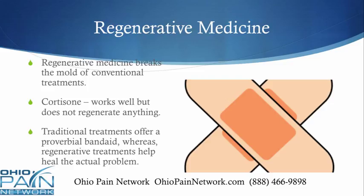Now, regenerative medicine breaks the mold of conventional treatments. When you look at something like cortisone, which has been the gold standard of joint treatment for decades, it works well, but it doesn't regenerate anything. It just provides pain relief, and then it wears off, and you do it again. It's a proverbial Band-Aid, whereas regenerative medicine treatments actually help heal the actual underlying problem and provide pain relief at